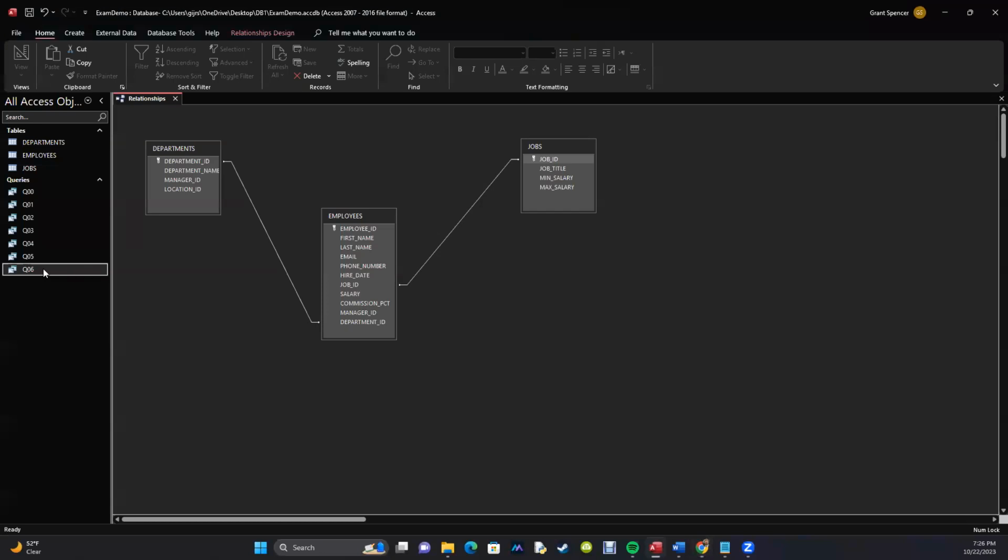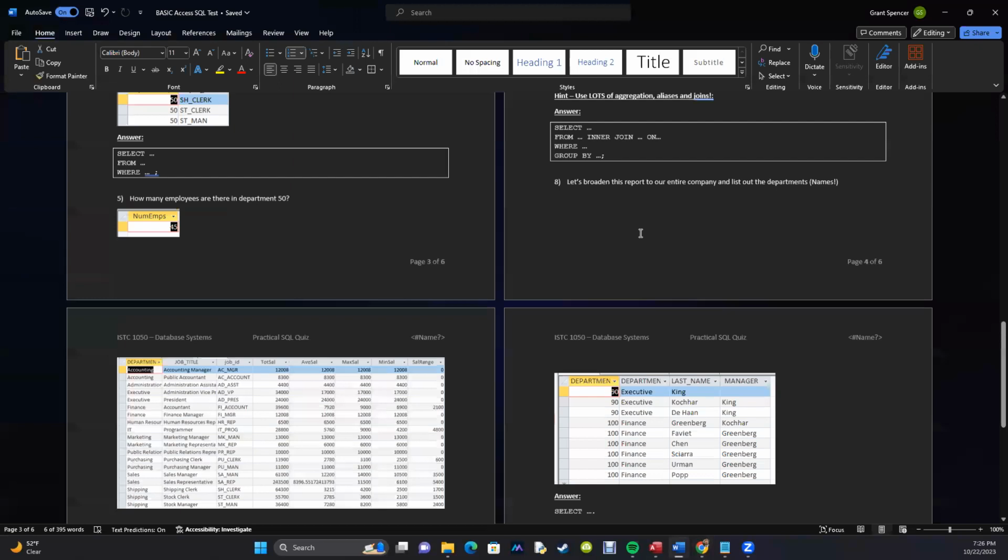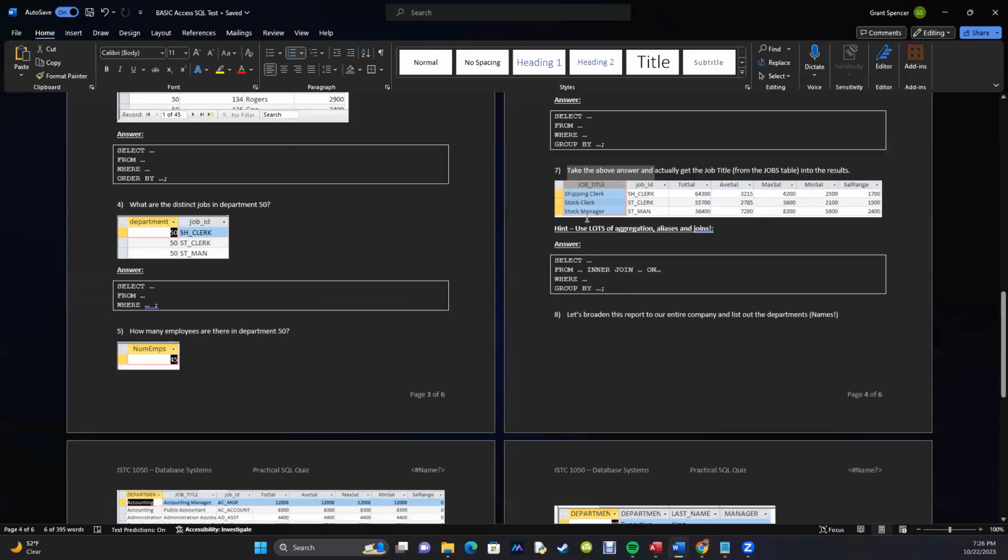So first thing I want to do is I'm going to take query number 6 and I'm going to do the old copy paste thing on them, right? I'm going to call them query number 7, sort of anticipating what's going on here. So here's query number 7. Let's go ahead and look at query number 7. Query number 7 looks beautiful because of course it worked. But what I do want is I want to go ahead and grab the job titles and slap them in